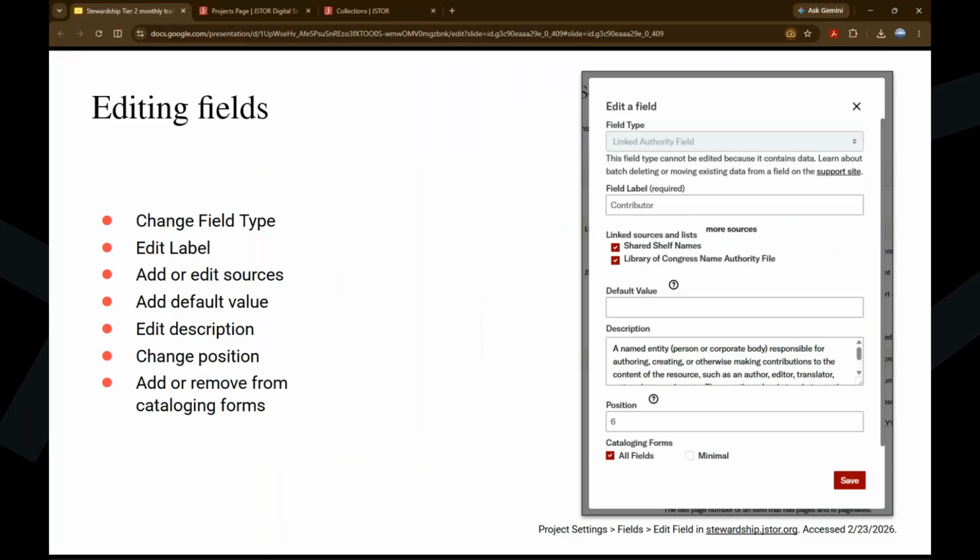Okay, so next we're going to go back to the slides for a moment. We will take a look at my new projects fields next to see if any changes need to be made. So here are some of the elements that you can change to your fields. Field type, of course, the labels, which are the names of the fields. You can add or edit sources, default values, descriptions, and so on. Okay, so before we do that,